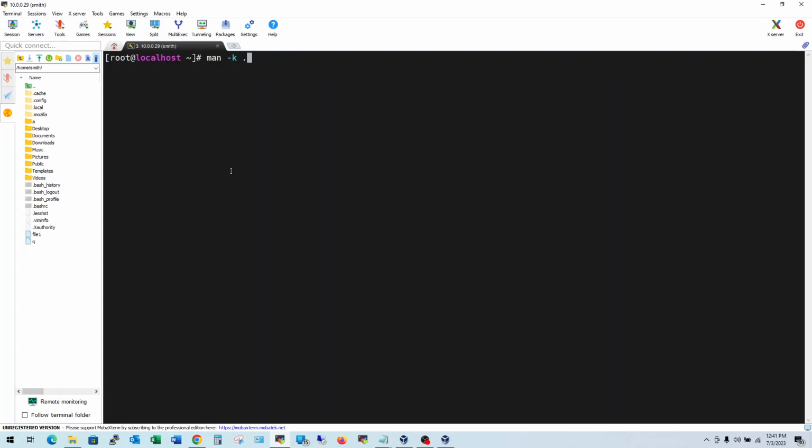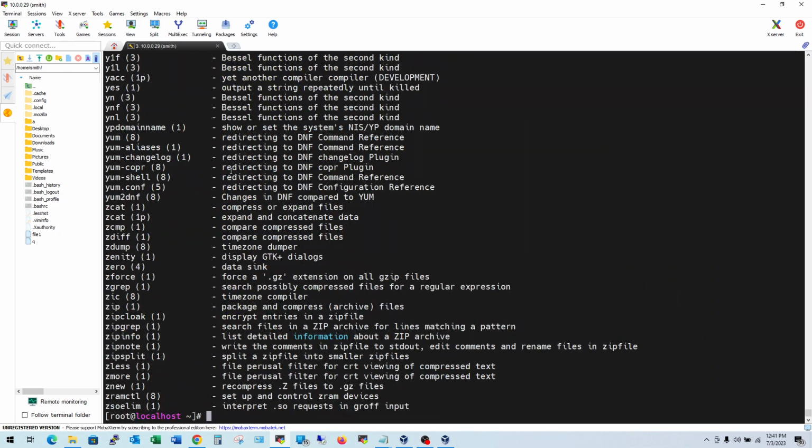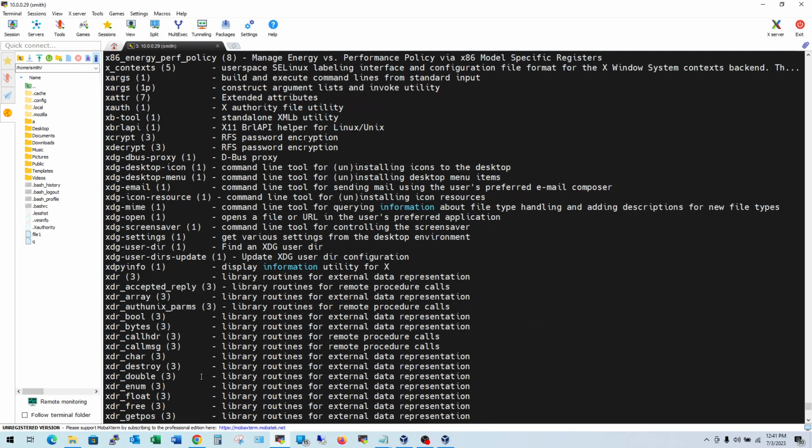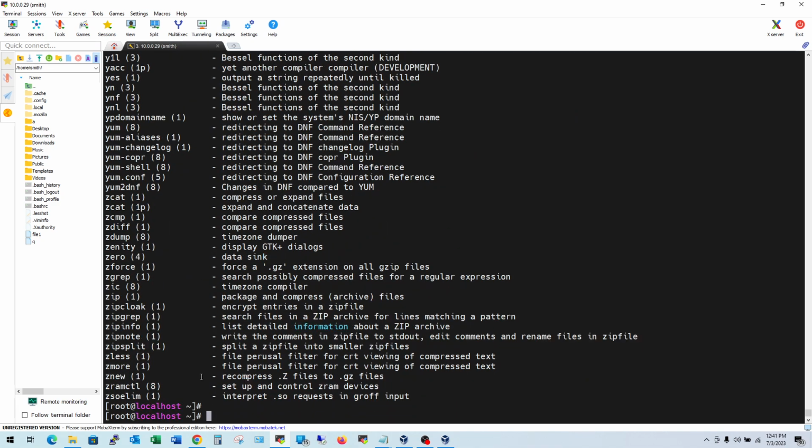So once I enter this, it will give me all the commands available, right? And here, if I want to count how many lines are here,